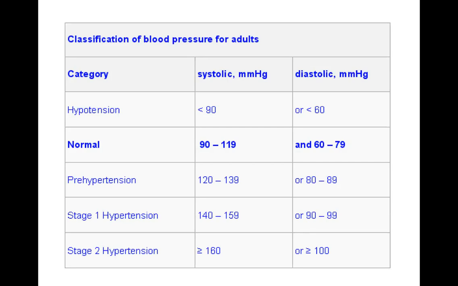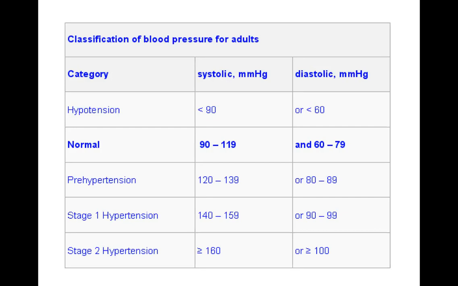The other part of the goal for me is if I have an older patient, say they're in their late 70s, early 80s, I am not going to worry too much if their blood pressures are 140 over 90. I'm not going to bring them down much lower than that. And the reason why is because their arteries are probably, they already have coronary artery disease just by virtue of their age. And I don't want to lower it because they might have postural hypotension. They're already at risk for fall. So I usually will keep them up a little bit higher if I won't treat them if they're borderline, like in between 140 and 159.